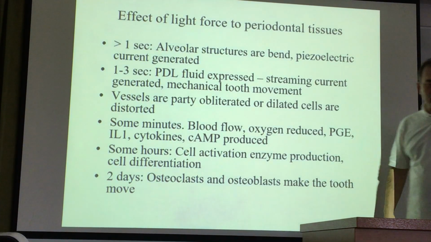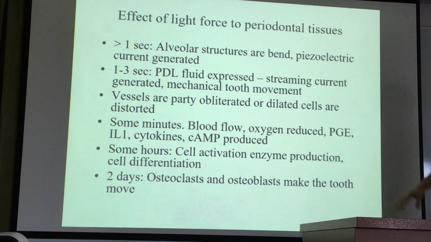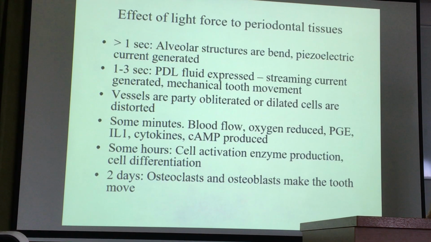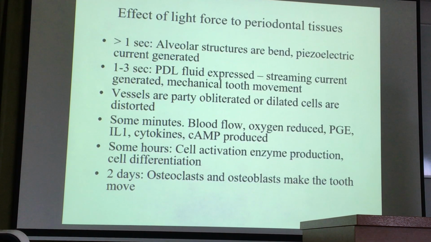And the vessels are partly obliterated or sometimes dilated under tension zone, okay, and